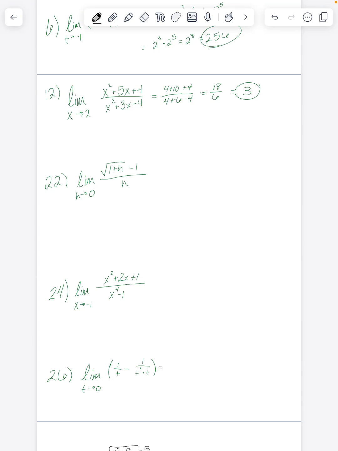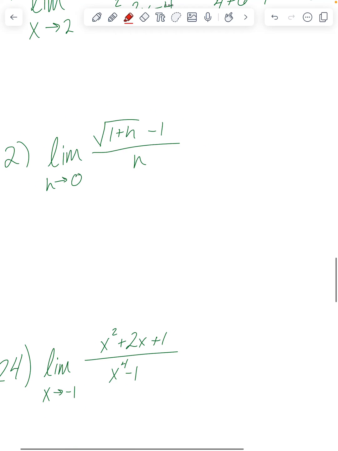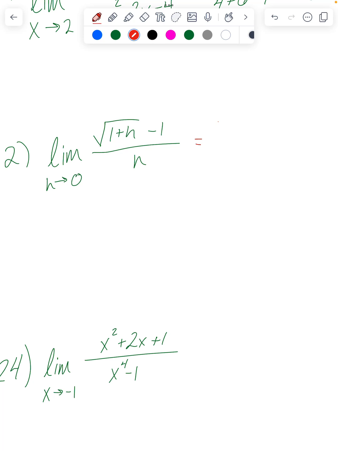Here are a couple examples of calculating limits using our limit laws and our limit rules. Here are some of the problems that typically throw students off. Things I want to point out here are, I've got something that's in the general form of some term, we'll call it u, minus 1 over h